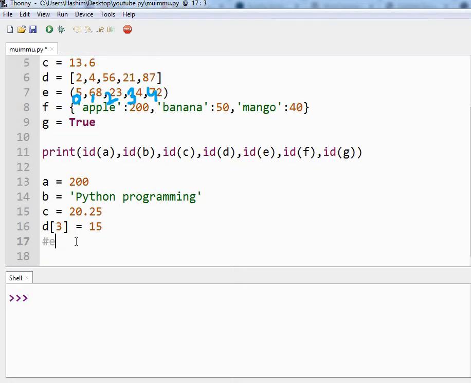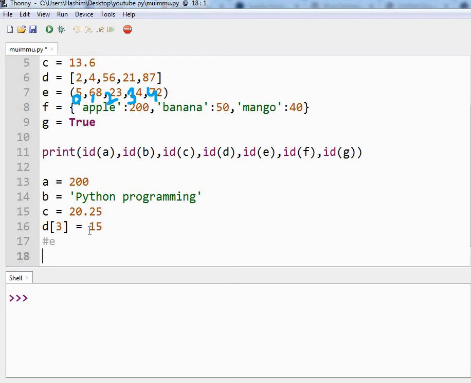In cases where you are using a tuple in a program and you have to change the value, first you convert it into a list, then change the value, and then convert it back into a tuple. That is the workaround, which we are not doing here. So we will leave our variable E.